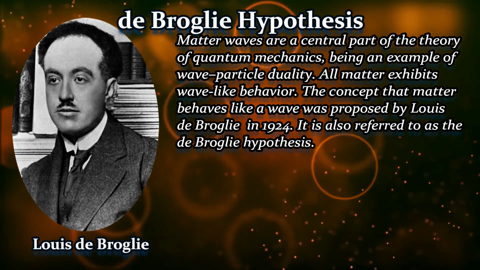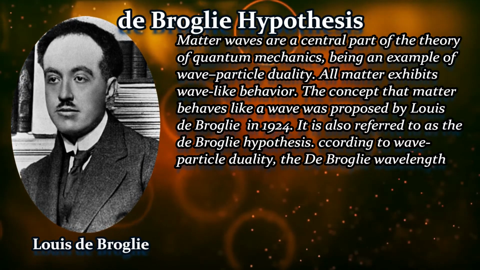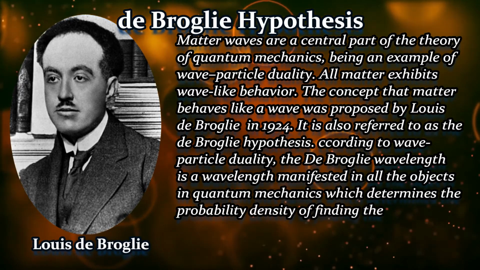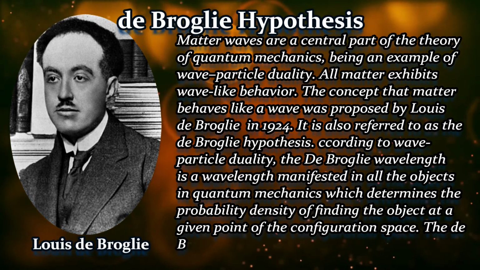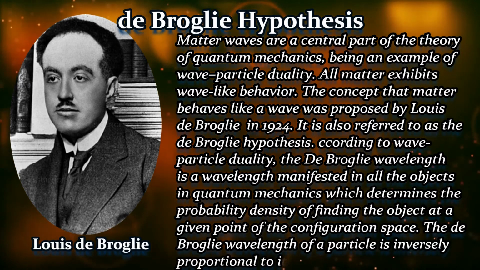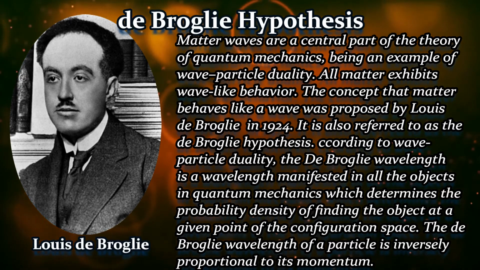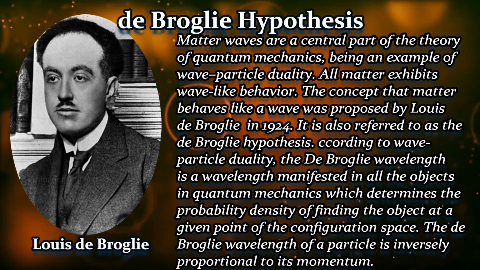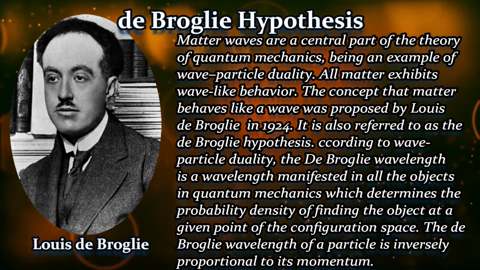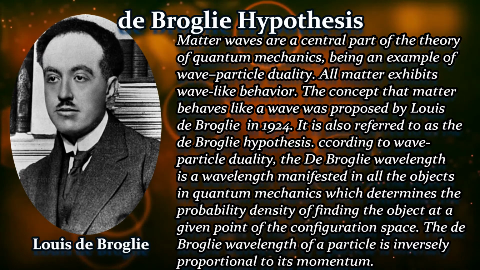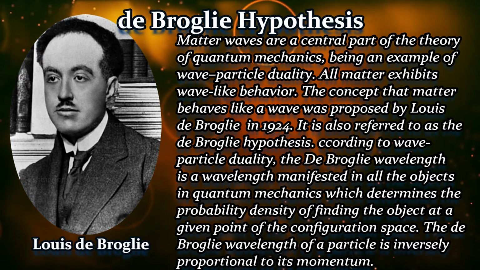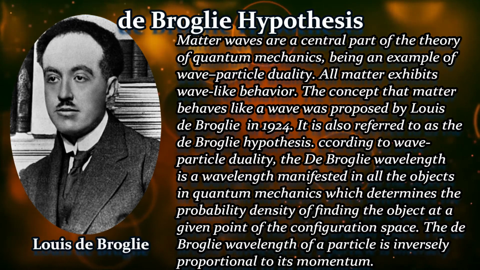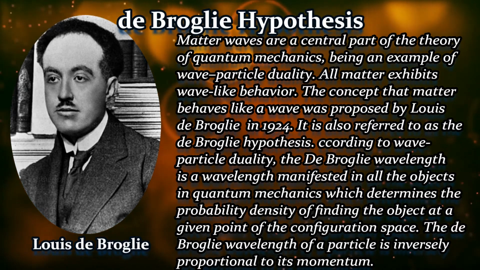Now what did de Broglie say? Louis de Broglie was a scientist doing some work regarding waves and particles, right? The dual behavior of matter was explained by de Broglie in his equation. Now what is this dual behavior of matter? Several scientists have worked and it was found that matter behaves both as a wave as well as a particle, right? So it has wave nature as well as particle nature. Now de Broglie has given an equation, lambda equals h by mv, which you are seeing on your screen, right?